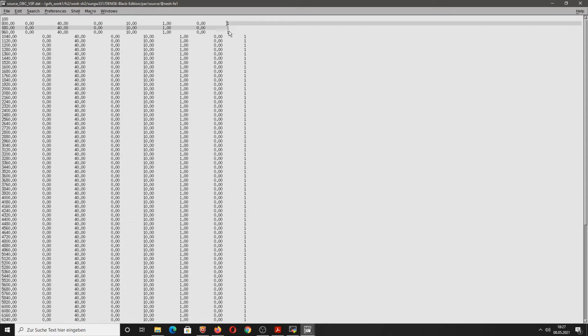The most important one that I want to mention here is the last column. This integer number simply defines what kind of source you are using. Are you using an explosive source? Is it a directed source, so a directed source in X or Y direction? These are the fundamental source types that you can define, and as you can see, in each line for each source you can define these characteristics individually. And this integer number 1 simply states that we want to use explosive sources for our seismic modeling.